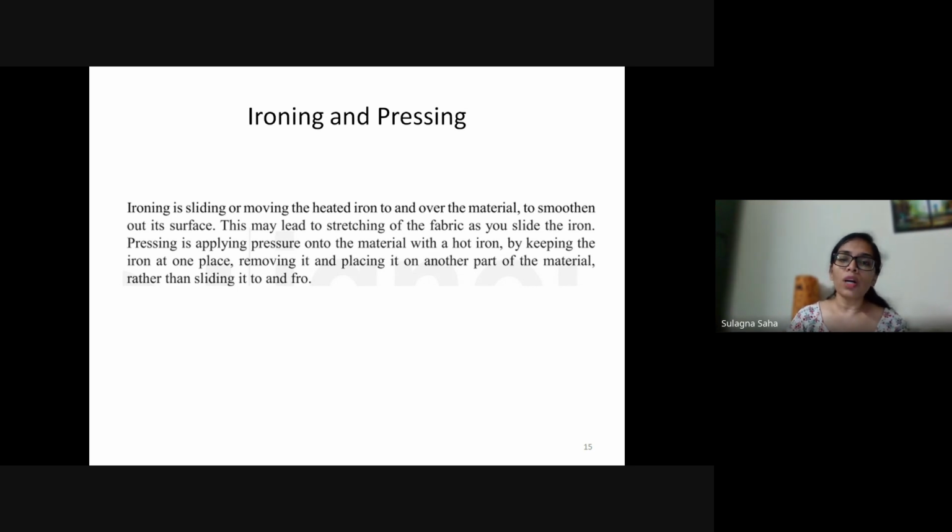So you should avoid using such things. You should make sure the heat is set right. Too much heat will melt your fabric. In synthetic fabrics such as polyester or nylon, if you use too much of it, it will melt your fabric away.